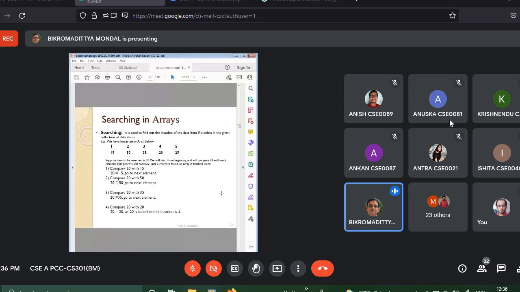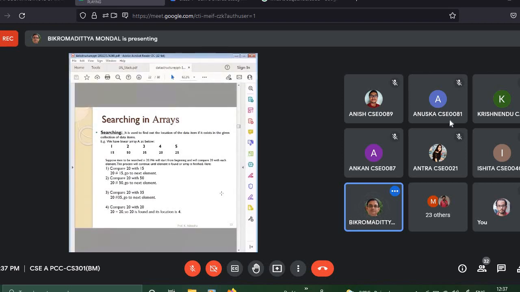Suppose a problem is given to you. What is the problem? An array is given to you with some elements, and suppose X is another element that is given. Now the question is like this: remove all X from that array.